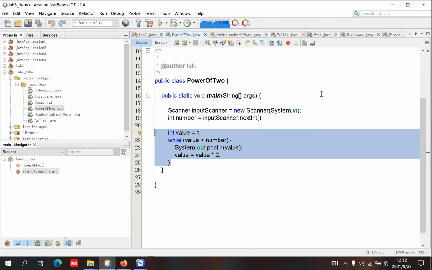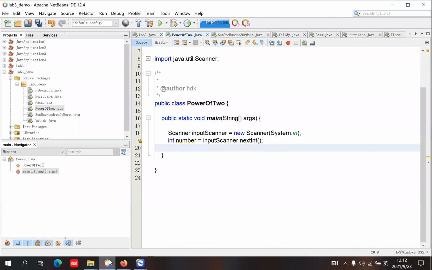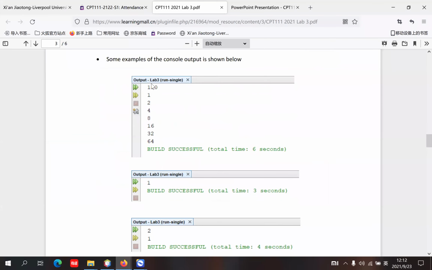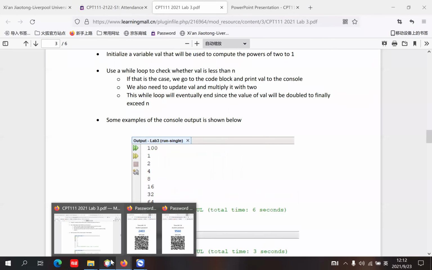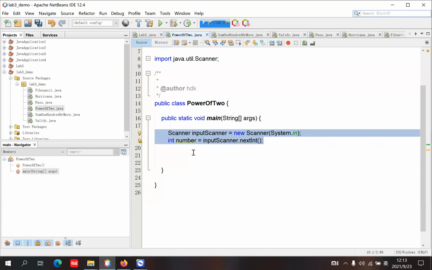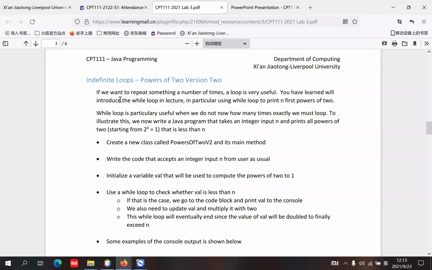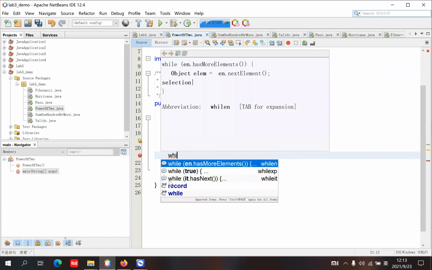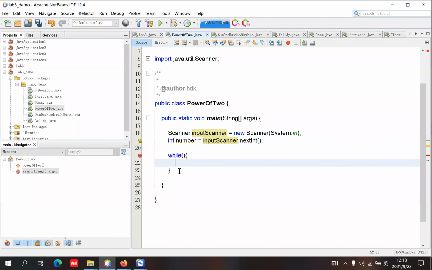Okay, so I also, do you have any input? No input, no input, okay. So I also delete all the main part and just leave the 2 statements. So it is a while loop, right? While loop. So we will first type the while and grammar. First, when it stops the loop,